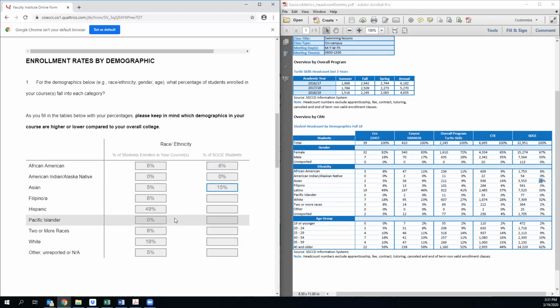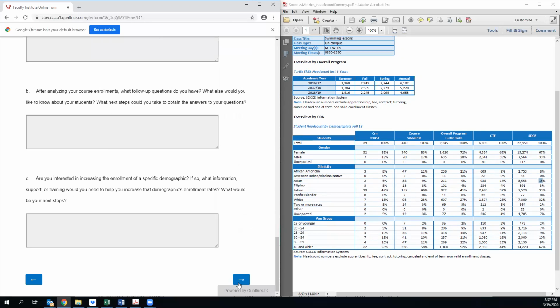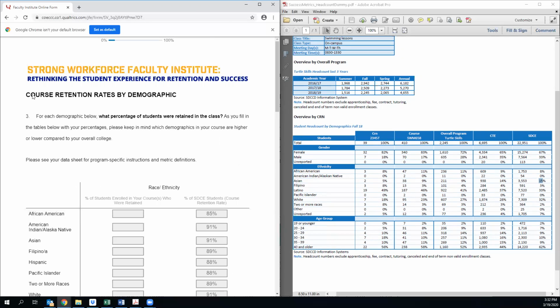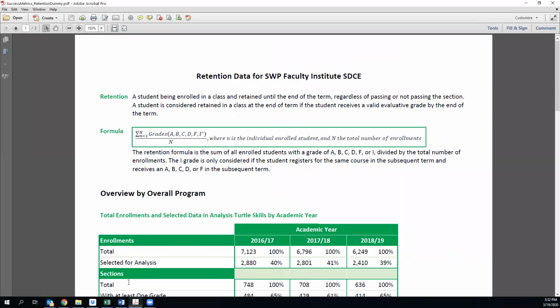Also be very careful because once you open your form, you might have had already data here. So make sure you erase that data before you start inputting the data that you received. Once you fill in this data, then go ahead and go to the next sheet, and then you have course retention rates by demographic. Retention corresponding to your green sheets. So now you're going to go to the green sheets,